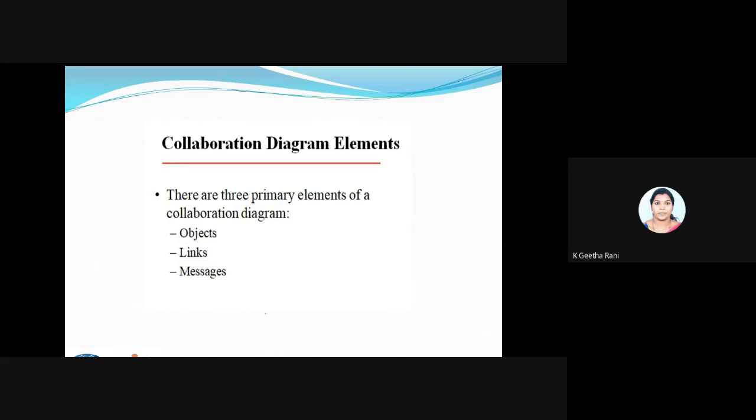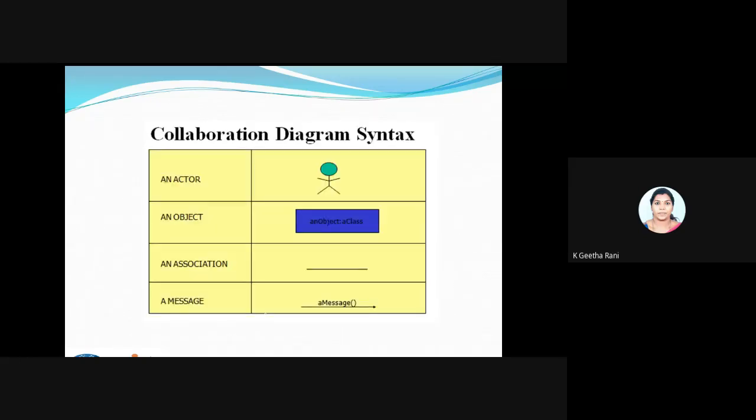So this is the representation, and we can add an actor also here, like in a sequence diagram. For example, we saw an example yesterday of taking an amount from the ATM. Here the actor will be the person who is going to take the amount. So you'll be using a symbol for an actor. In the collaboration diagram also, we can use this actor symbol wherever we require. Other than the actor, we'll call them objects.